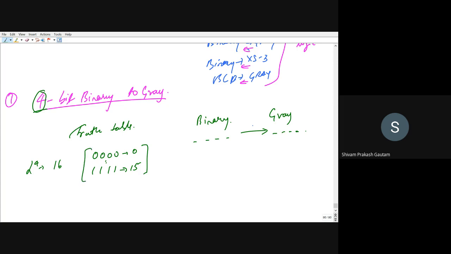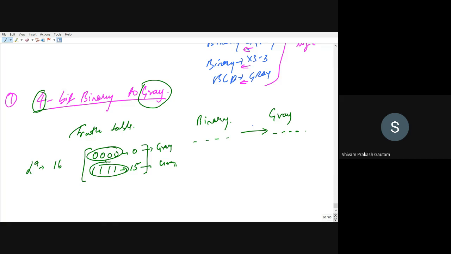Now for each of these binary codes, we have to first define the gray code. In our previous lectures, we directly saw how to calculate the gray code from binary by using certain formulas. But here we will assume that we do not know any formula of the gray code, and from that, how can we generate the truth table, meaning how can we get the gray code with respect to each binary code.